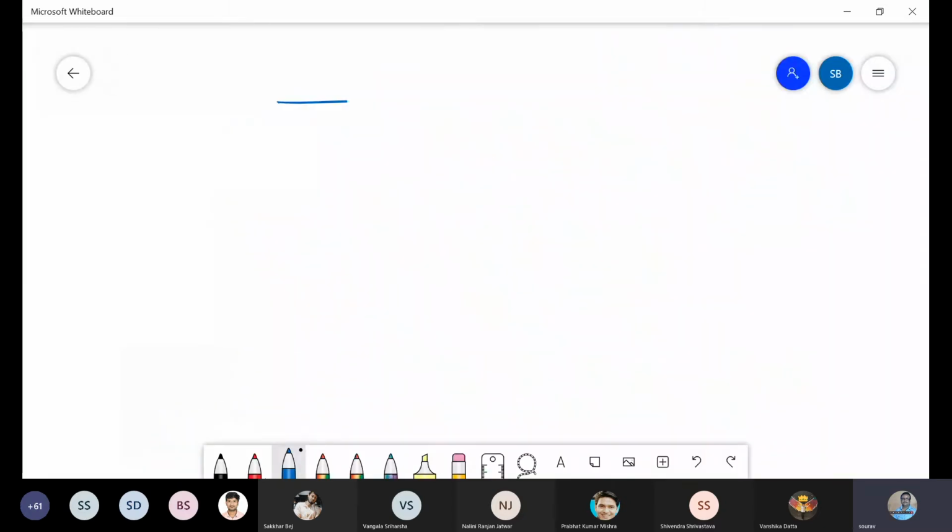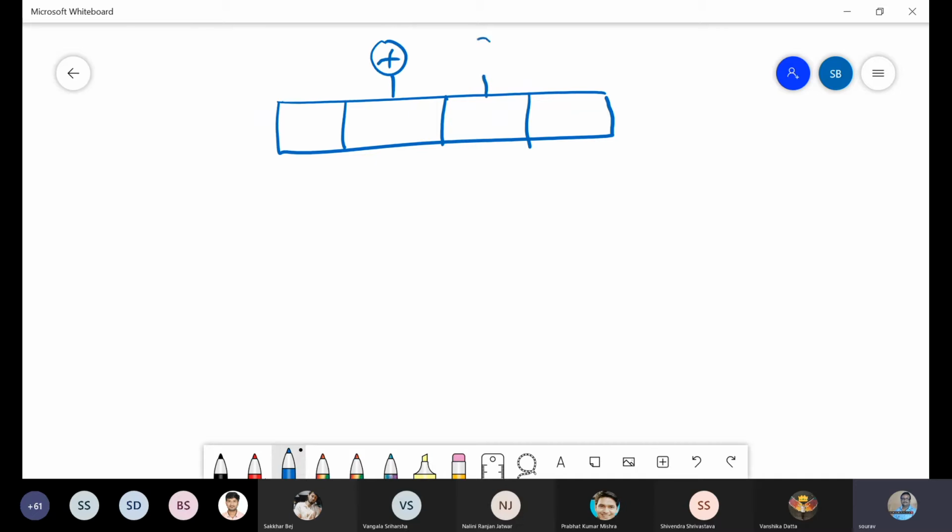So let us just have another board. What is our connection? We have this 4-bit LFSR, and we have connections in these two positions. This is how it will generate. This is an LFSR, a 4-bit LFSR. Now using this LFSR, how can Alice and Bob have this key stream?